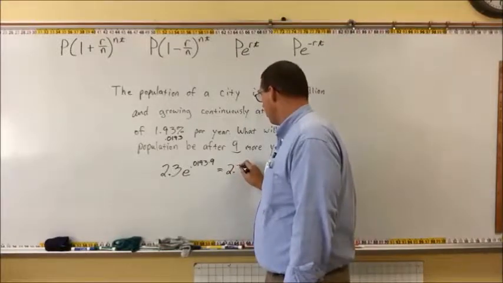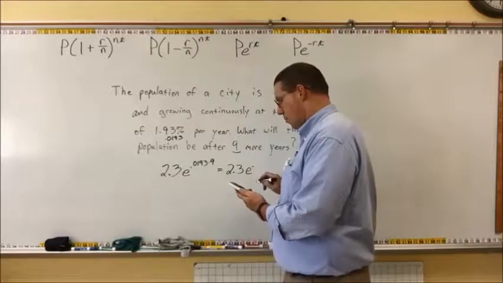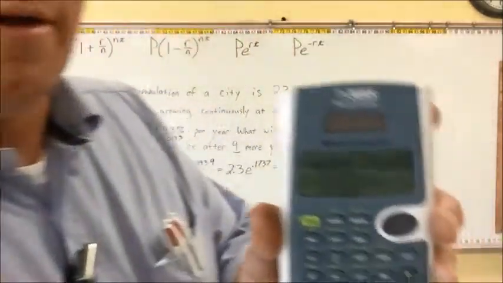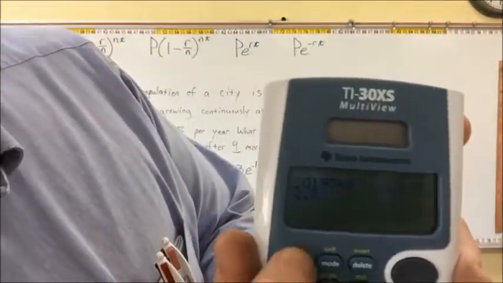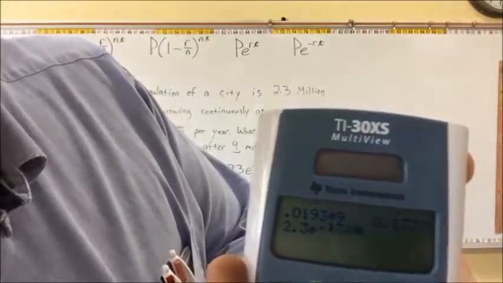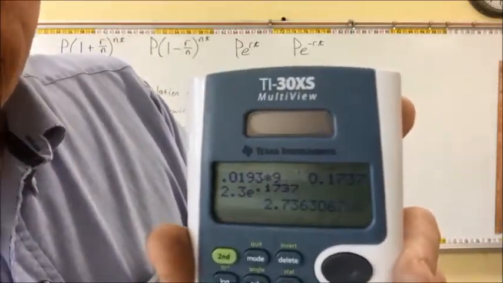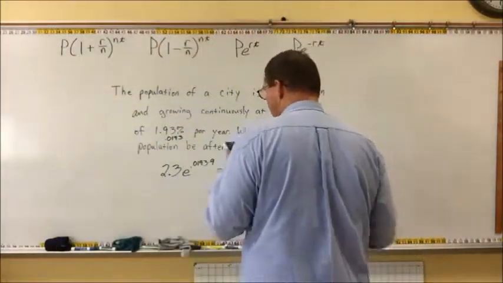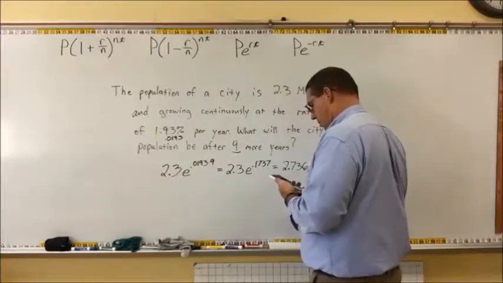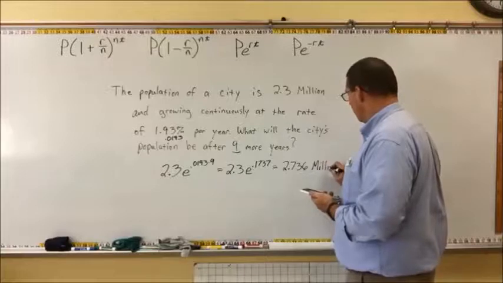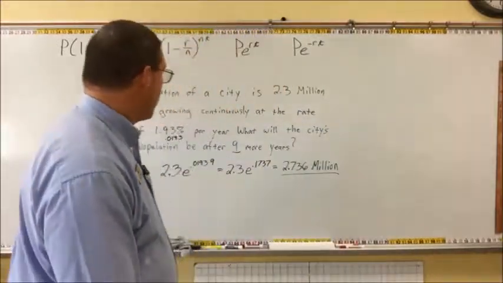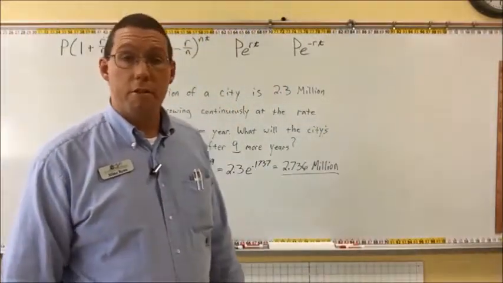So we're going to put 2.3 e to the power of 0.1737. Just got to put it in the calculator now. So you got here 2.3 second ln gives me the e to the power of 0.1737. All right, press enter. And we get 2.736. Let's stop there. 2.736. And then we'll just put the word million on there. Million people, I guess, if you want to. 2.736. And this is how we can calculate what the population of a city is going to be 9 years